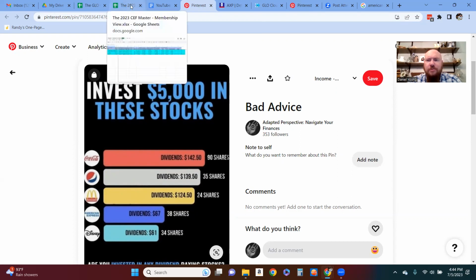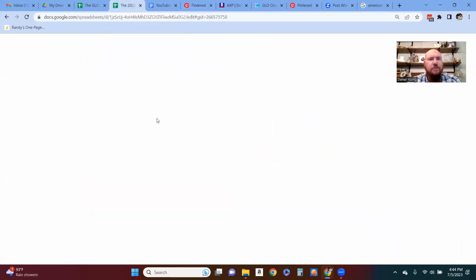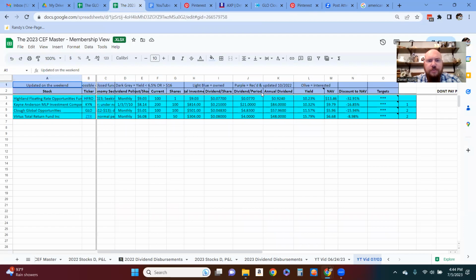People will use Warren Buffett as the example. Buy what Warren Buffett buys. Okay, well, what Warren Buffett has in his portfolio, maybe he bought it when it was $5. So let's go back here. If we use this just as the example, this is the existing data. Off this one fund, if you buy it at that level, you get this dividend, that's your yield. Yield just means you're taking the overall dividend and dividing it by your buy-in price. That tells you your dividend payment or your overall yield.